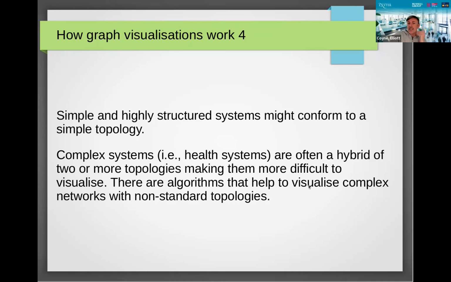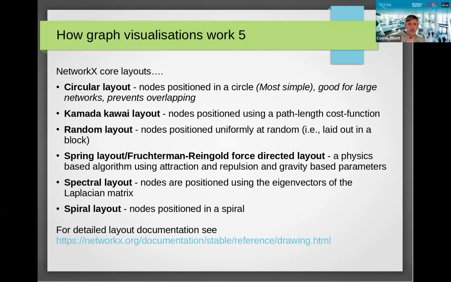And as I say, health systems are usually complicated systems, and they will use a hybrid of topologies, so 2 or more, in order to visualize them, so they can be understood by the eyes and the brain. And there are various different algorithms available to help visualize these complex networks when you're representing them on screen. And so for NetworkX, some of the layouts that they have, kind of out of the box,